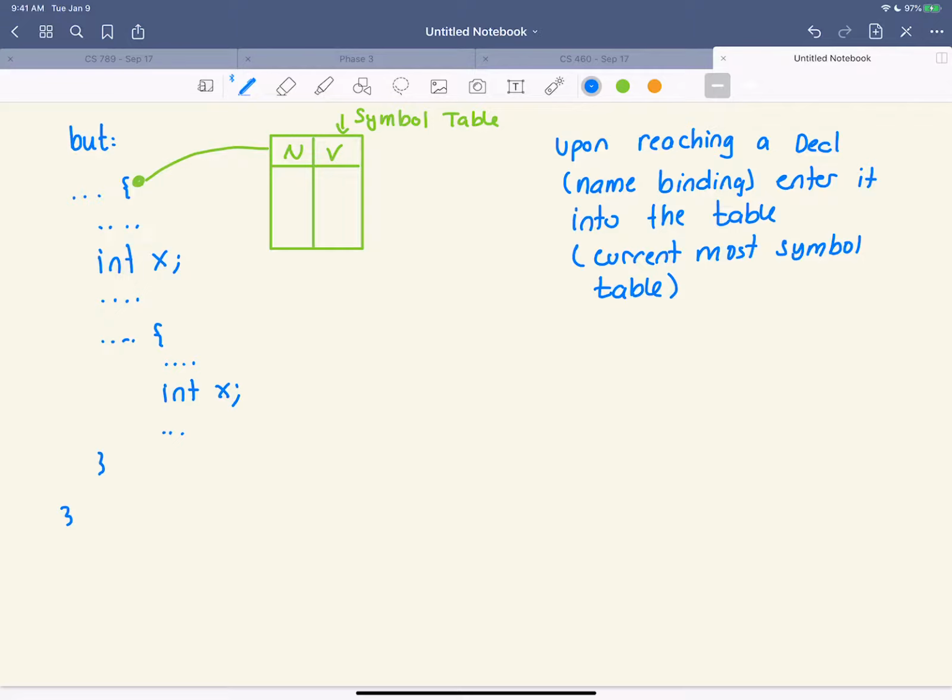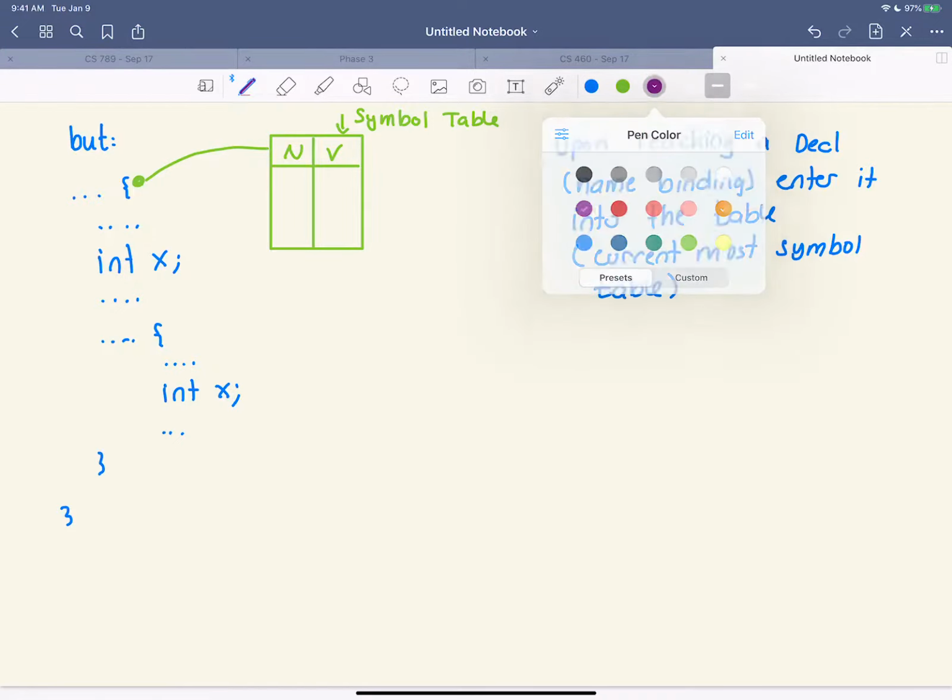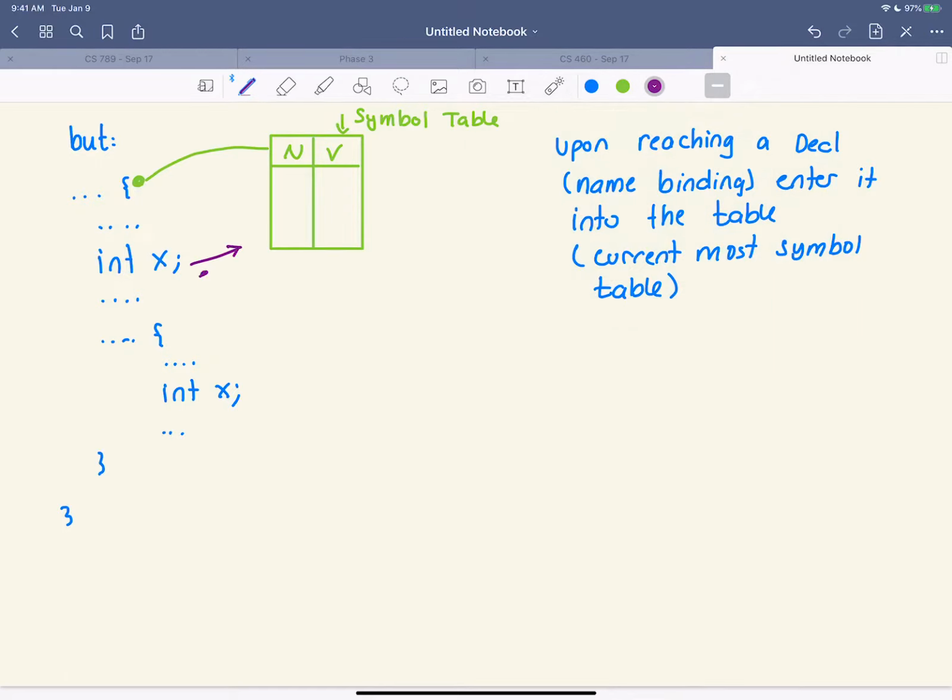Okay, so once I get to this one, it's got to go into here. So I get an X. What do I get in the value column here? Well, I'd probably just get something that points back to the declaration, because that way I can always find it. Okay, so when I get to here, I do the same thing, because every time I get to a scope, I get a little table